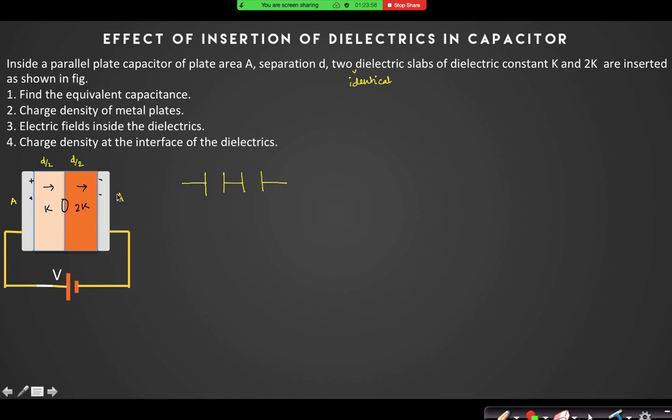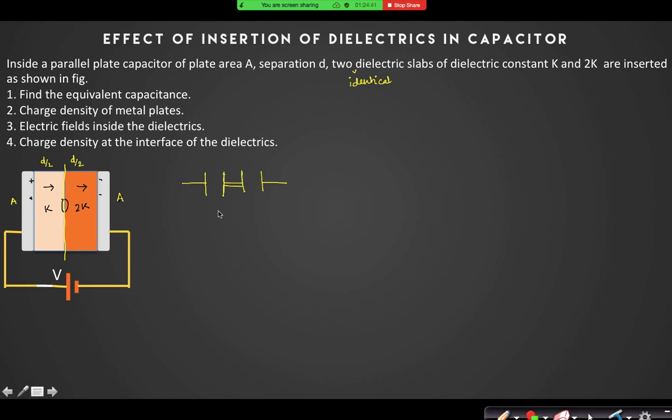Look, at this point, all the points are equipotential, yes or no? All these points are equipotential along this line. Why are the points equipotential? Because the electric field is perpendicular to this line. So whenever you have an equipotential line, you can always replace that line by a conductor, because a conductor is also equipotential.